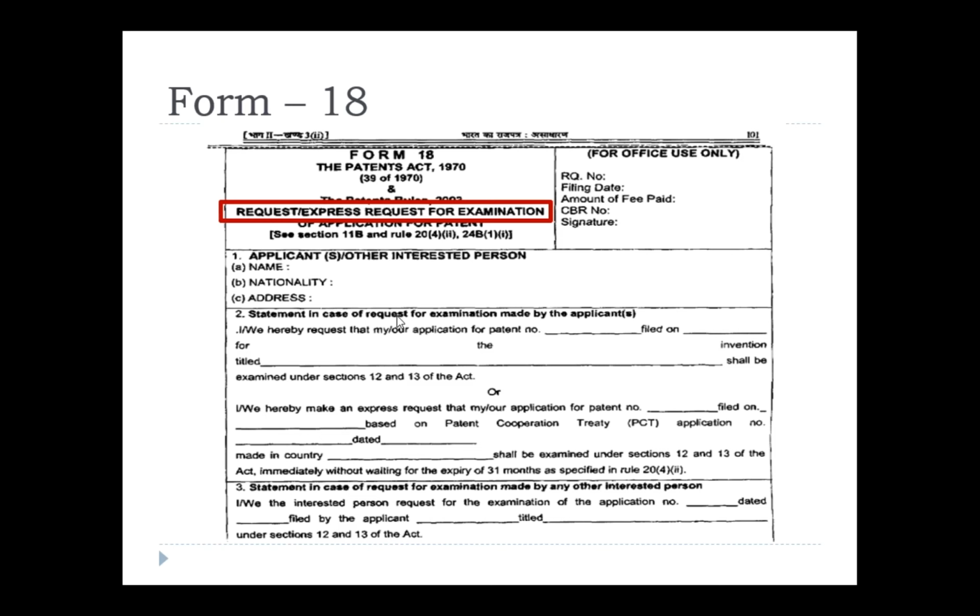Directly you can go to this forms page. In Google search, just type patent forms and fees. It can directly take you to the ipindia.nic.in link where the forms and fees are mentioned.